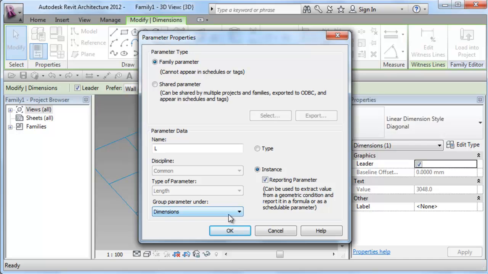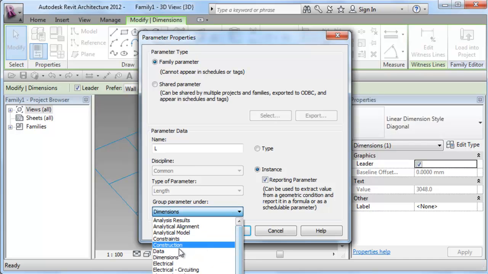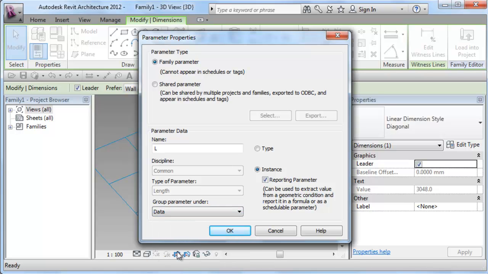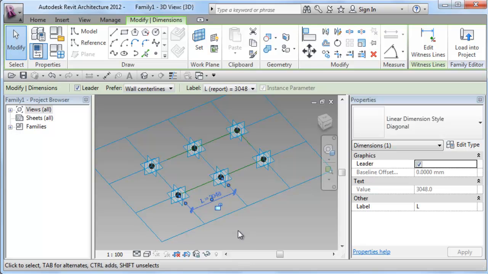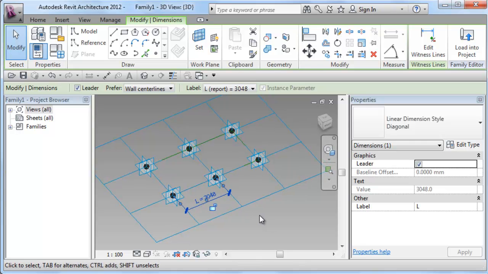Tick the reporting parameter option, and because I'm going to use this in the formulas later on, I would like to place all my formula values and parameters under Data. Group them under Data, or it can be grouped under Others, but somewhere that is different from the dimensions or constraints of the construction of these elements. So there you are. We now have a reporting parameter between these two points that will tell us the